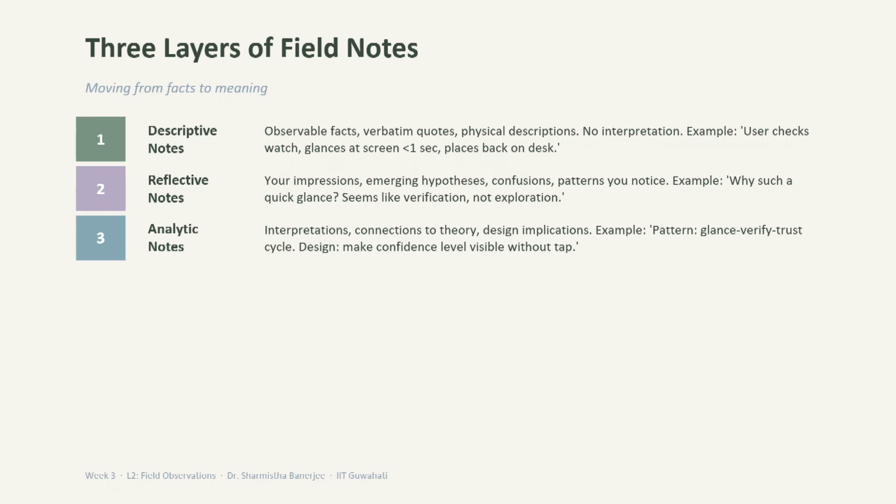The third layer is the analytical notes. Here you are allowed to write your interpretations. So here you try to create connections to theory. So I see that people who are trying to do exercises like Tai Chi or yoga, they select a place where there is a pond beside it. So maybe the water body has an effect on the calming nature of these exercises, and that's why their choice for that particular location. And then I will see whether there is a connection to a certain theory, whether this